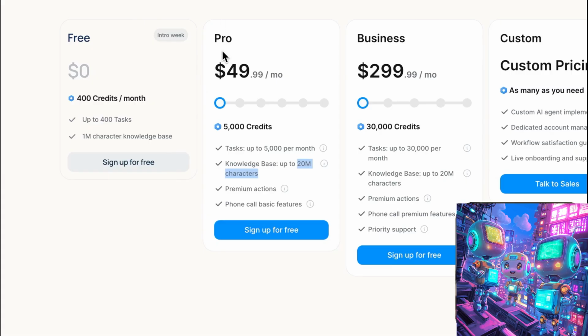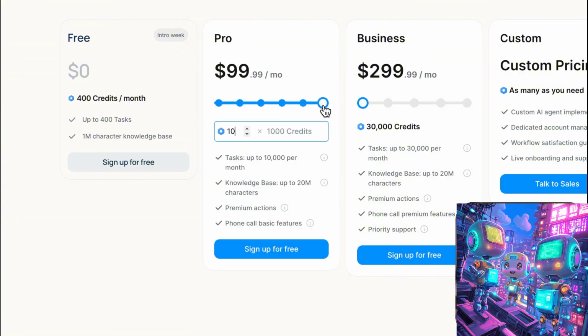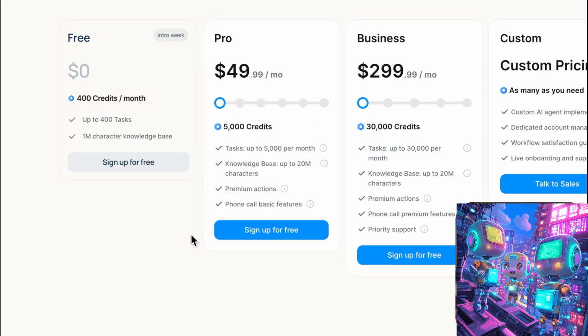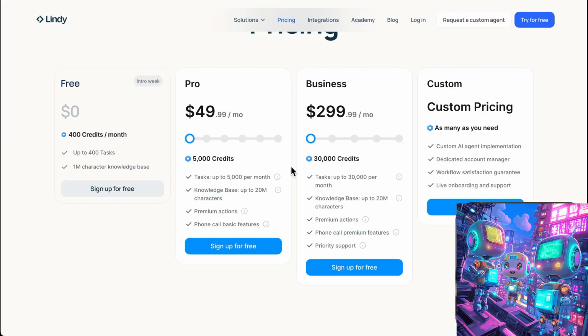But seeing that the Pro plan is around $49 per month and you get these credits, you can increase the credits by sliding this over here as well. But 5,000 credits is actually quite a lot. I don't think that most people will be able to use 5,000 credits within 1 month. Also, if we compare the pricing with Make.com, N8N, and Zapier, you can see that it's a little bit more expensive than Make.com and N8N. However, it is a lot cheaper than Zapier. So if you're considering building AI agents, Lindy is a